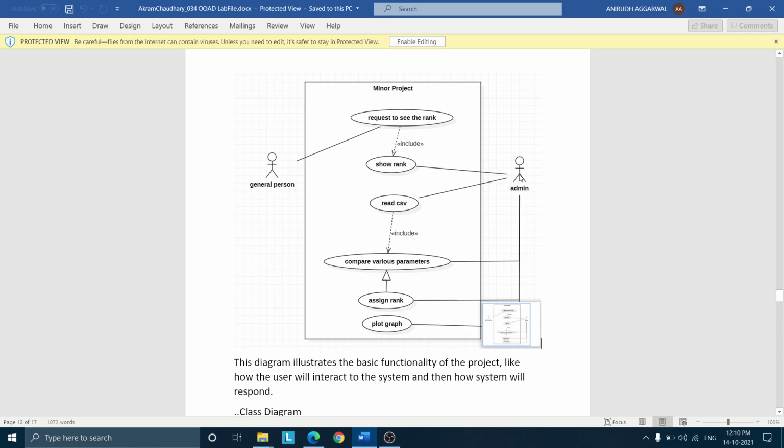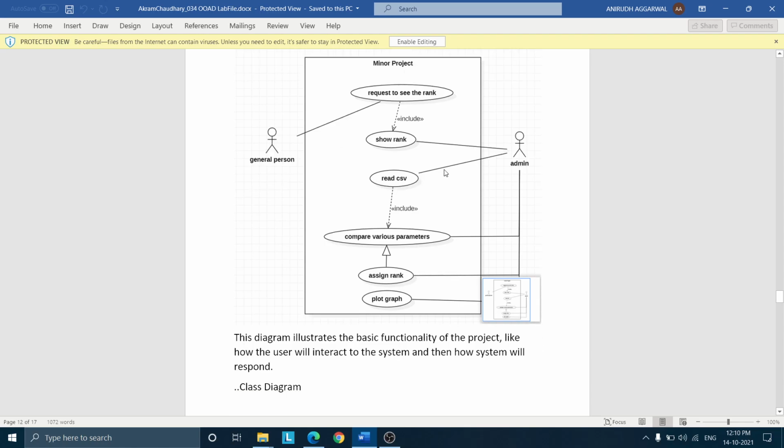which is the secondary actor, will read the CSV which he has collected from various sources, and then it will compare various parameters, which has the include relationship with read CSV.